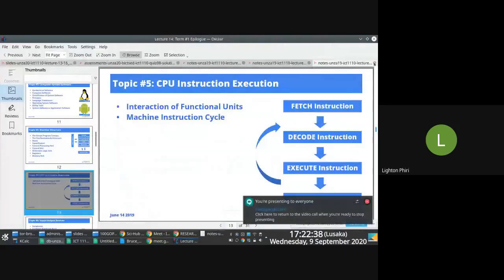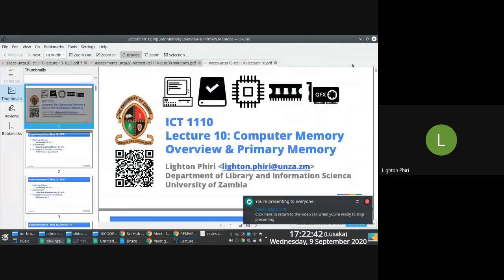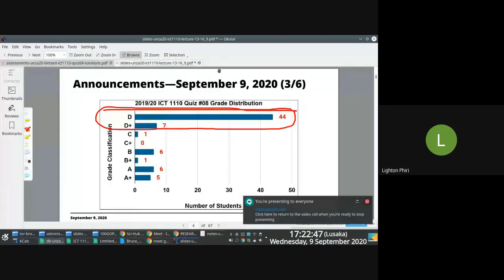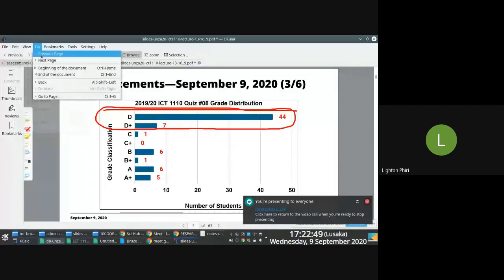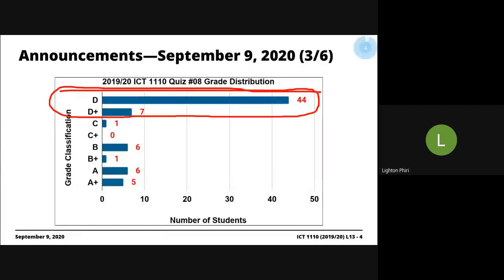If you think of anything else that is worth sharing with Lighton with regards to why you personally performed poorly in quiz number 8, please reach out to Lighton and tell him. The same goes if you're too shy to speak your mind up, which is fine. I suppose I used to be shy myself. No, I don't think I was. Maybe I was, I don't know.